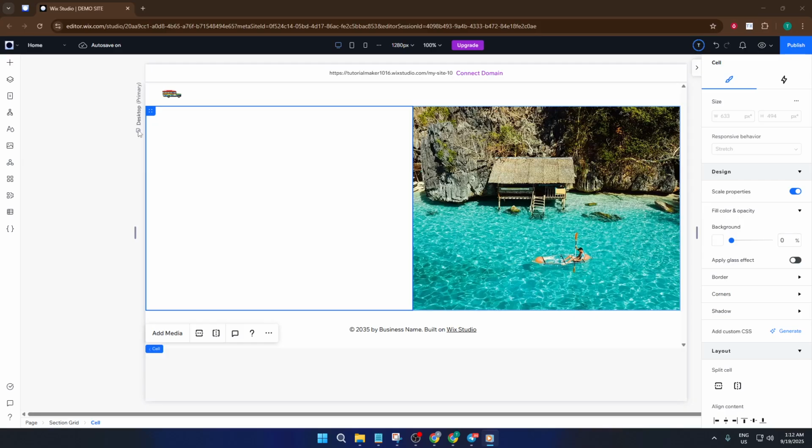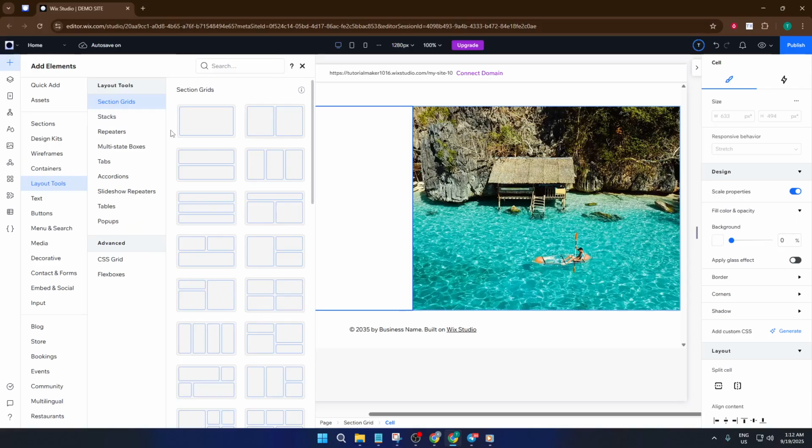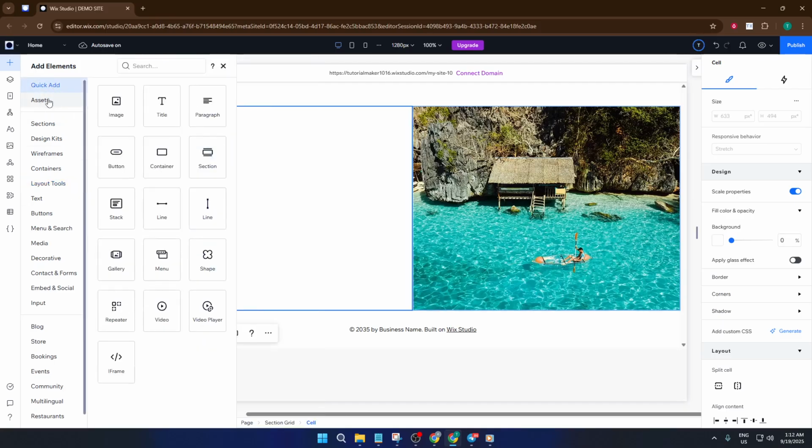First things first, let's add a title to your website. Once you're inside the Wix editor, look over to the left-hand menu. You'll want to click on what's called Add Elements. Think of this panel as your toolbox for building your site. Now in the Quick Access section, you should see an option labeled Title with a bold T icon beside it. That's the one you want. Go ahead and click on it. As soon as you do, a default title text box will appear right on your website, ready for you to